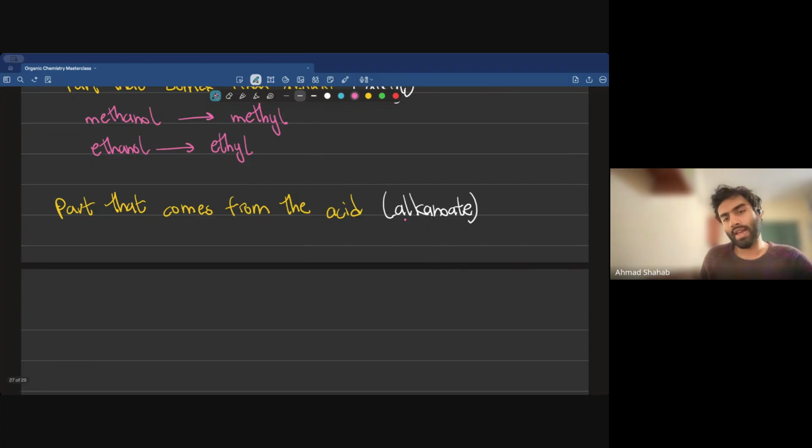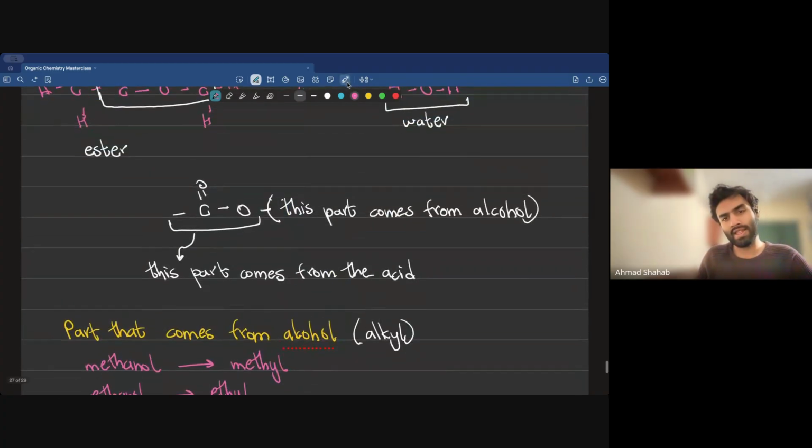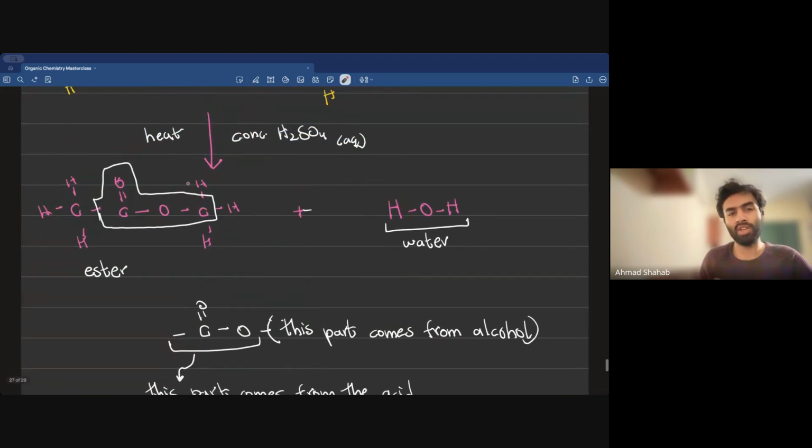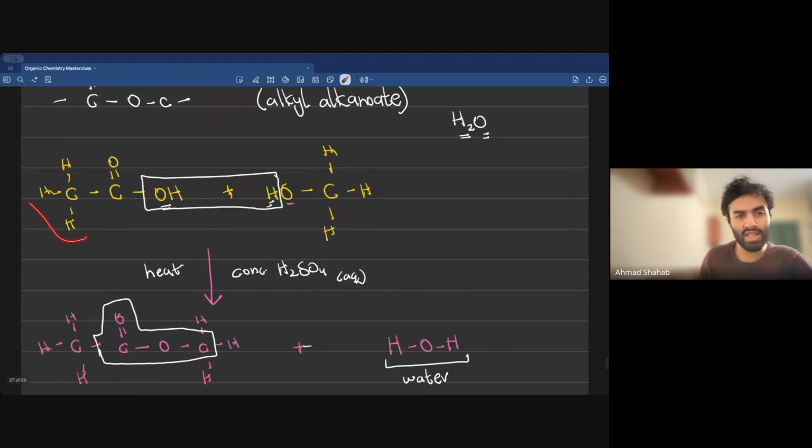For example, in this case, how many carbons came from the carboxylic acid? We had a carboxylic acid of two carbons. We had one carbon and second carbon. Two carbons is eth, right? And when this part goes into the ester, we refer to this part of the ester as ethanoate, right? As ethanoate. So the suffix is going to be oate,